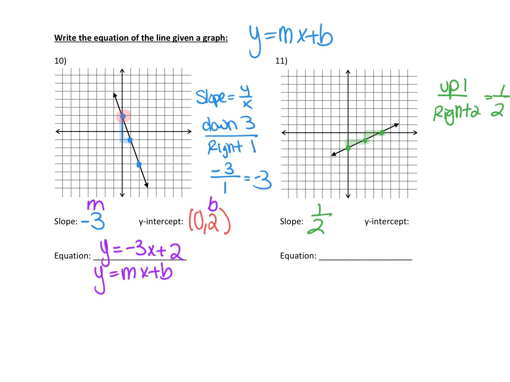My y-intercept is right here at 0, negative 2. So now I'm going to write my equation. My slope is m, my y-intercept is b, so y equals 1/2 x minus